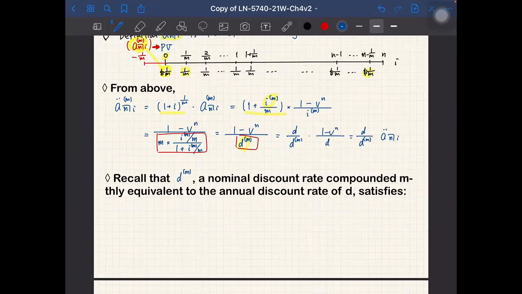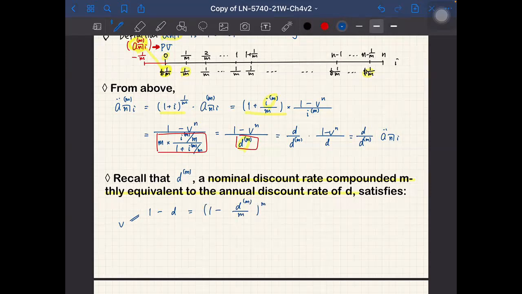So this is the nominal discount rate compounded m times, equivalent to the annual discount rate d. So what is this quantity? At first, the annual discount factor v is equal to 1 minus d. And this is equal to 1 minus d superscript m over m